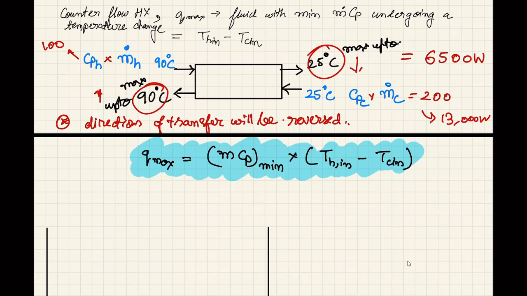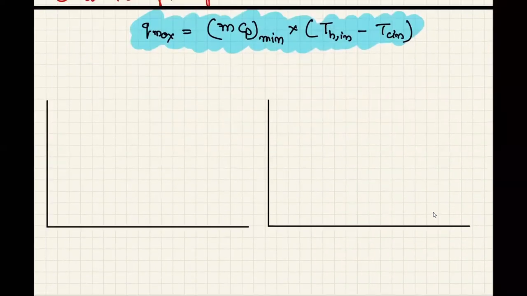So we'll say for maximum heat transfer to occur, we will require maximum delta T value, right? So this cold stream can reach maximum up to 90. If it goes even one degree above 90, to 91, then whatever lies between 90 and 91 would be a problem. So let me draw it graphically over here to have a better understanding.